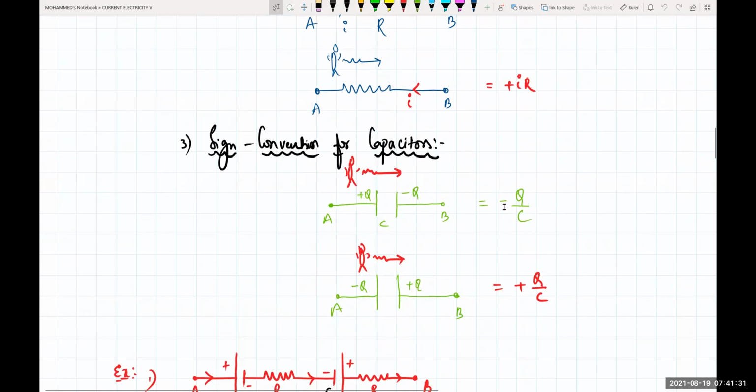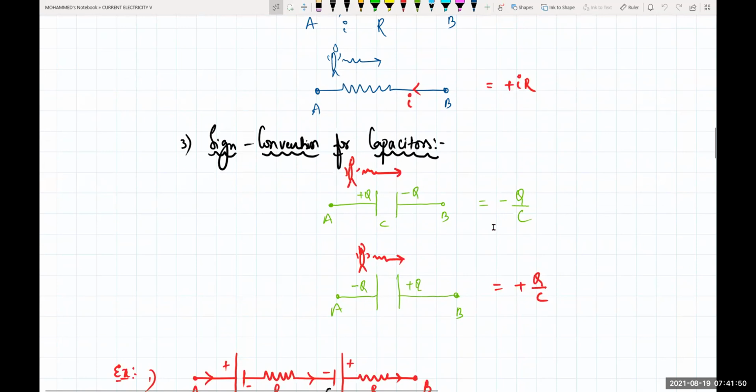I'm going from A to B. So when I'm going from A to B, where am I stopping, beta? At the negative terminal. So the potential across A to B will be equal to minus Q by C. Meaning capacitors college kada? No, sir. Okay, at that time we'll try to do it, don't bother.